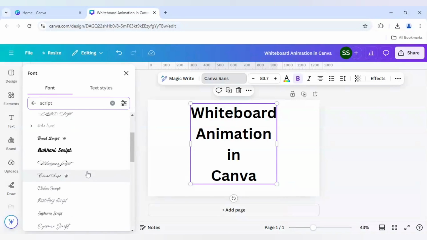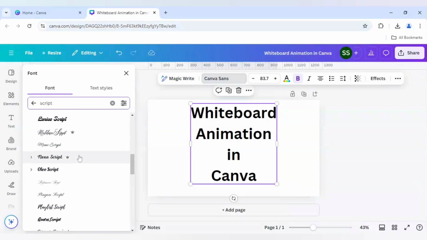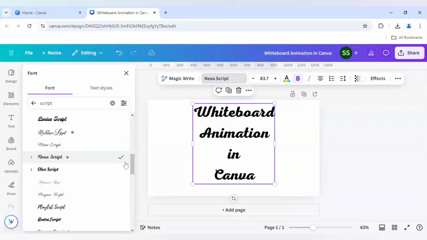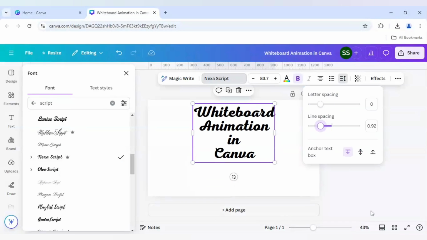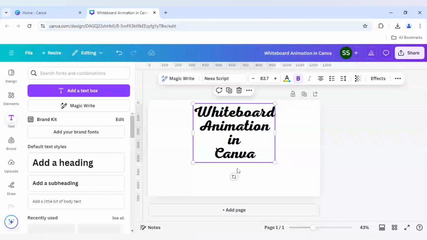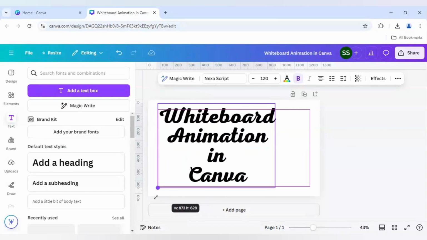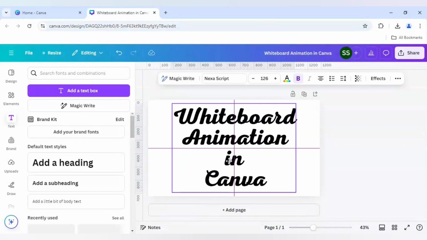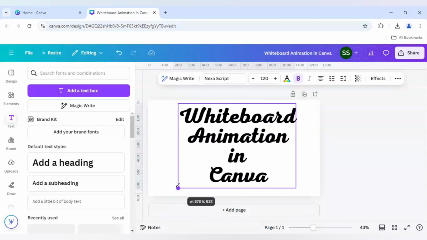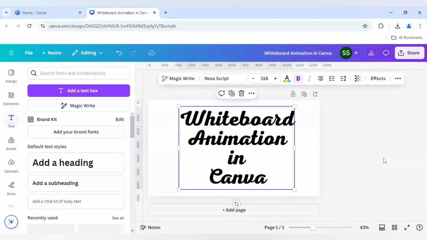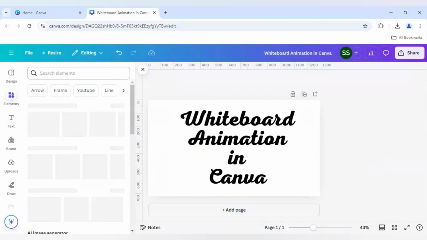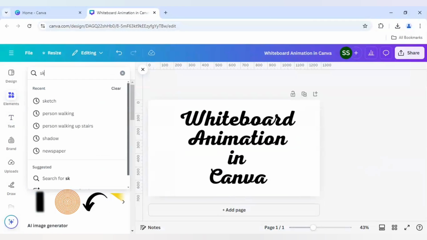So I will choose a font. So Nexa script looks best for me, best for this animation, and I will decrease this line spacing and make the words even bigger. Okay, and after that I will add some sketch so that it looks more realistic,